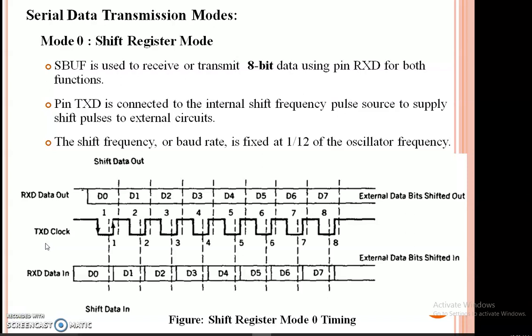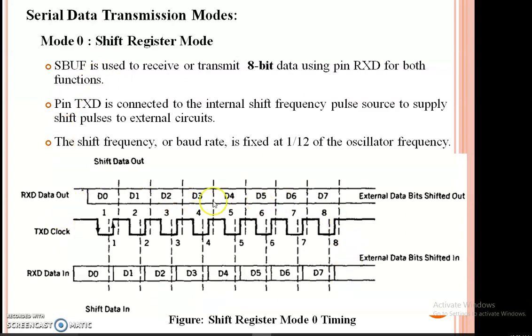Now I will explain the serial communication modes. First we will see mode 0, that is shift register mode. When SM0, SM1 are both 0, 0, you can select mode 0. That is the shift register mode. Here the SBUF special function register is working as a shift register. You have to load the 8-bit data, then you can perform shift in or shift out according to which operation you are doing. If you are doing transmission, first you have to load the 8-bit data into SBUF, then you can do the shift out. If you are doing shift in, external devices will send the 8-bit data to SBUF.